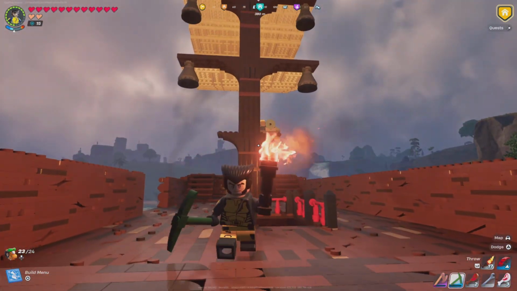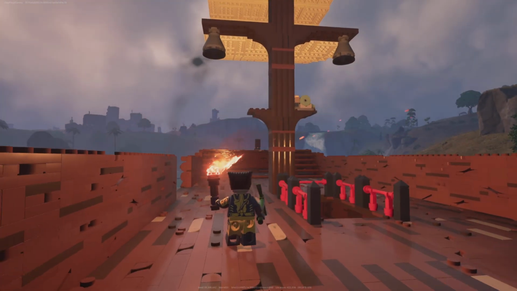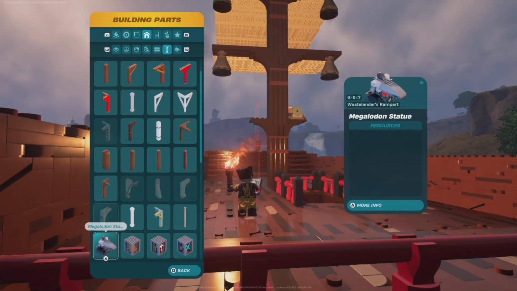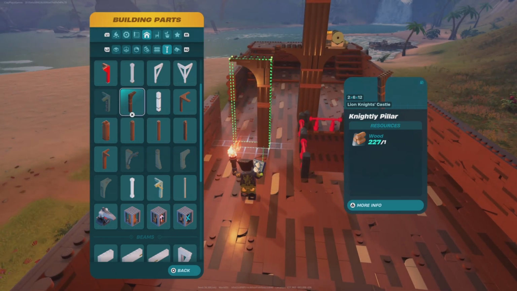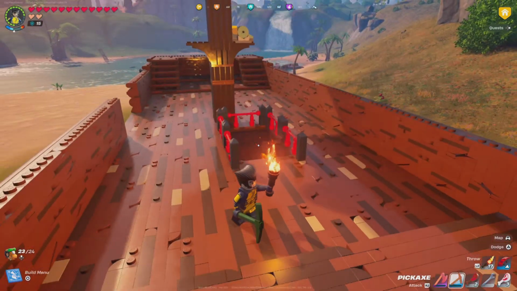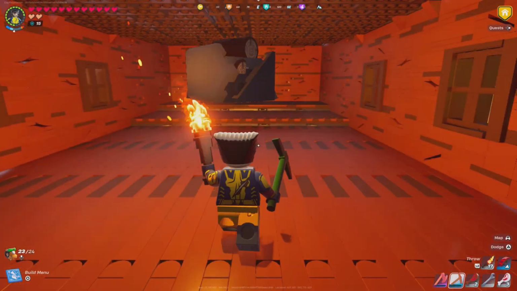And I made my own mast. I made something for the flag, which still looks pretty cool. If you give me a second, I will find it for you. Should be up here. The nightly pillar. I used the nightly pillar to make the big giant mast for the flag. It looks very cool. But I also set up a staircase down here so you can go in the ship,